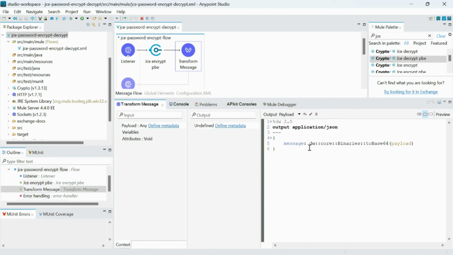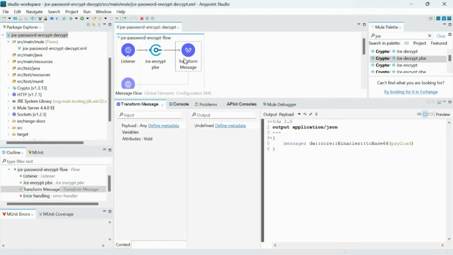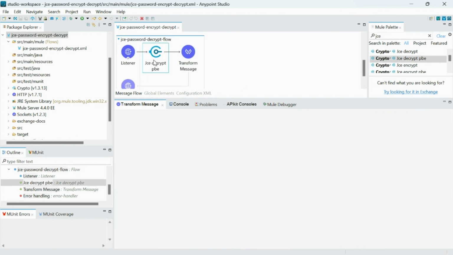Now you see that I have encoded it into base 64. Why I'm doing that is because when I encrypt this using this algorithm, there are some characters which were generated here as JSON, as we are using the same to decrypt. It might get distorted. Mostly I have seen this getting distorted. So to make it work with JSON, I have encoded it into base 64,